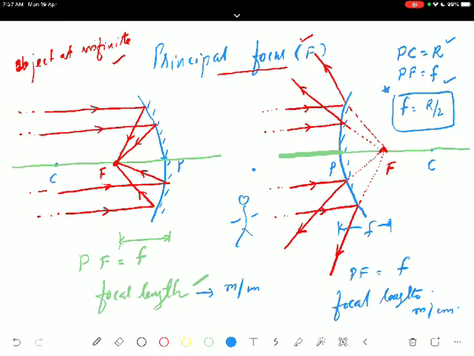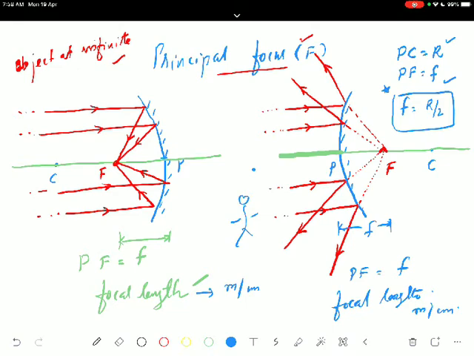Focal length f is equal to R by 2, and this value remains constant in all media. Even if you keep the mirror in water or any other liquid, any medium, the focal length of the mirror remains constant. It totally depends upon the radius of curvature. Once the radius of curvature is fixed, it does not change. So definitely all of you should complete the diagram in your copy. The next we are going to explain